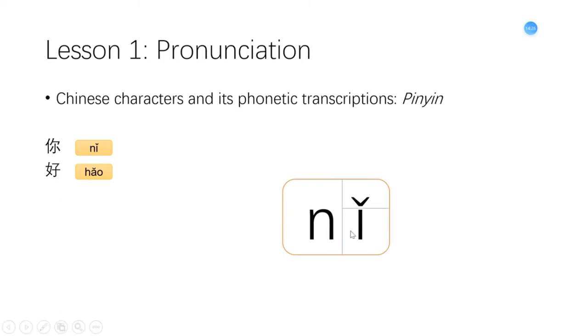Let's do it together. Okay? So this is N and this is I, and this is kind of a mark. We don't know what it is yet. Okay? And a pinyin syllable as a whole is written in this way. And actually it can be